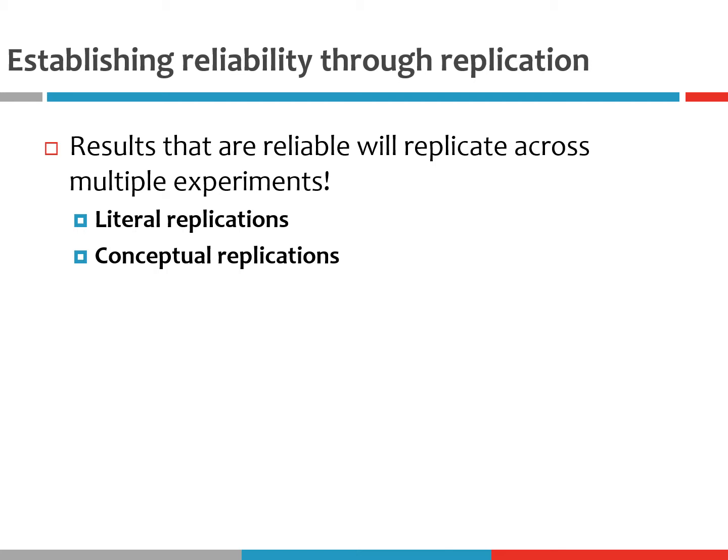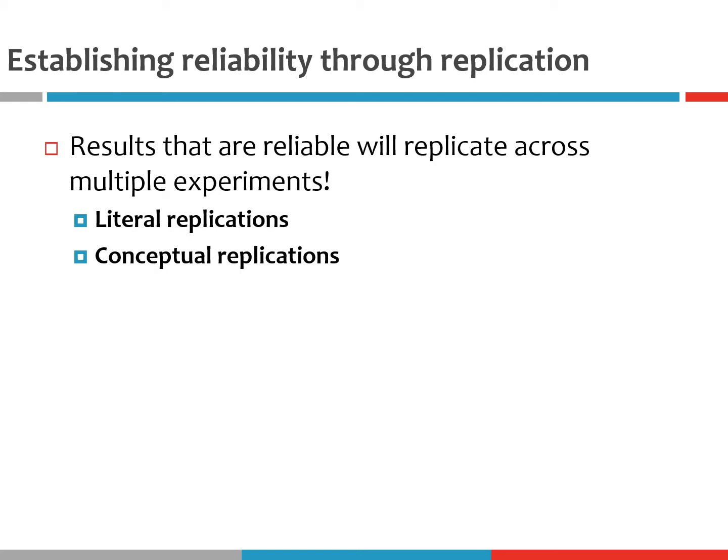So if similar studies or similar experiments find different results, then this suggests that we haven't actually found a pattern of behavior in which we can be confident, right? So replication or repeating a study is one way to test the reliability of a finding from a single study,